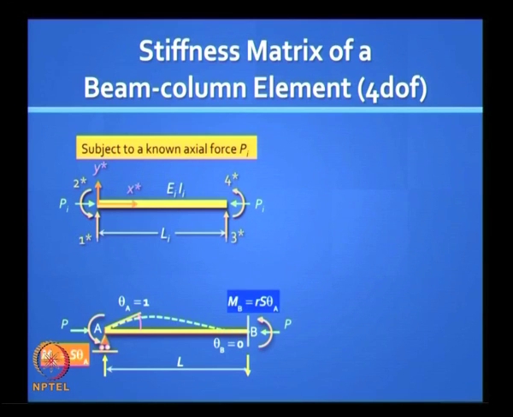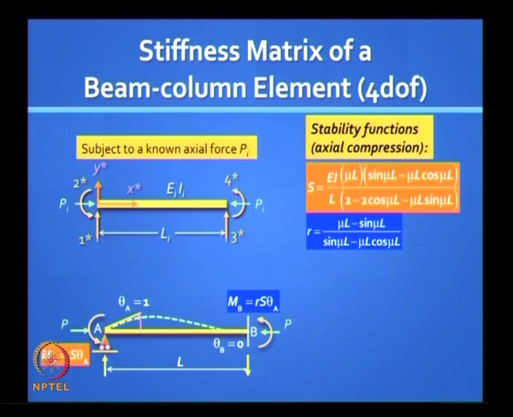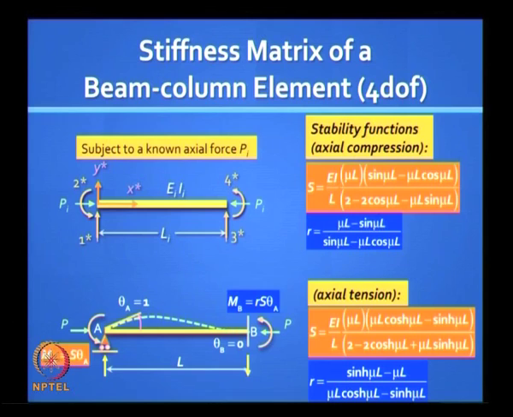So if you write down the measures of flexural stiffness, they will take this form. Instead of 4 EI by L, we have capital S. Instead of 2 EI by L as a carryover moment, we have R into S, and these are called stability functions. They are trigonometric functions, and if you have a case of axial tension instead of compression, then you have them in a hyperbolic form. You are familiar with this,